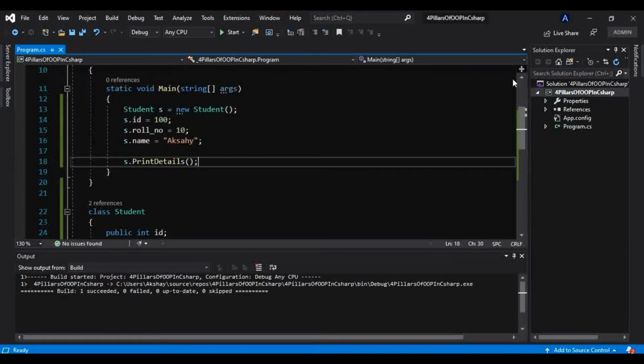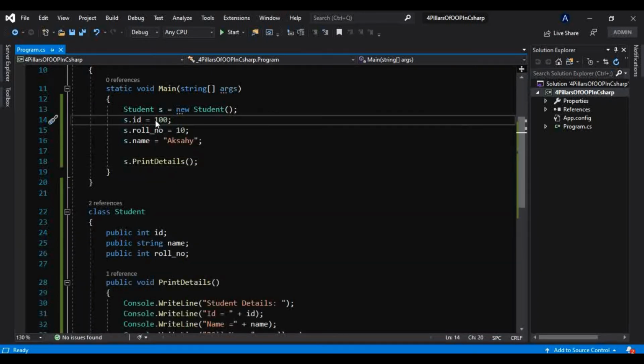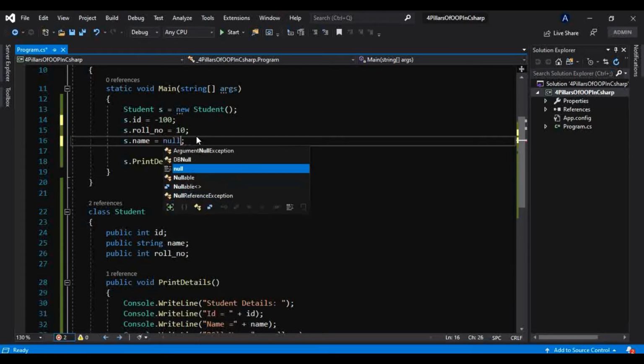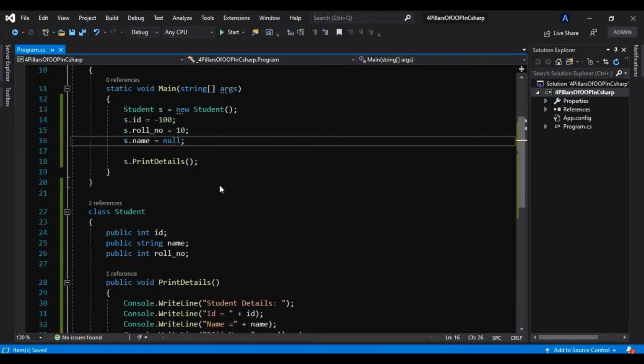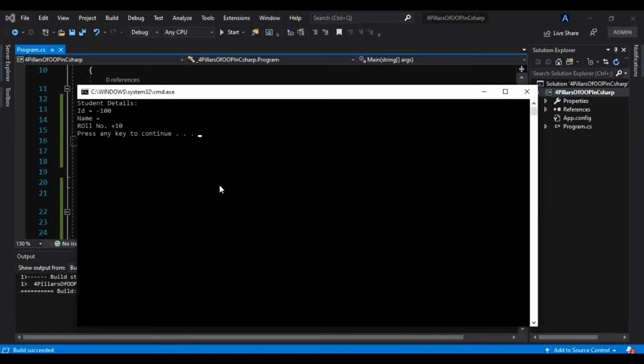But what is the problem with this approach? I have already told you, someone can do something like this: minus 100. Someone can give a null here in place of this name. If I run this, it has successfully accepted that value, minus 100, but there cannot be any ID which is negative.